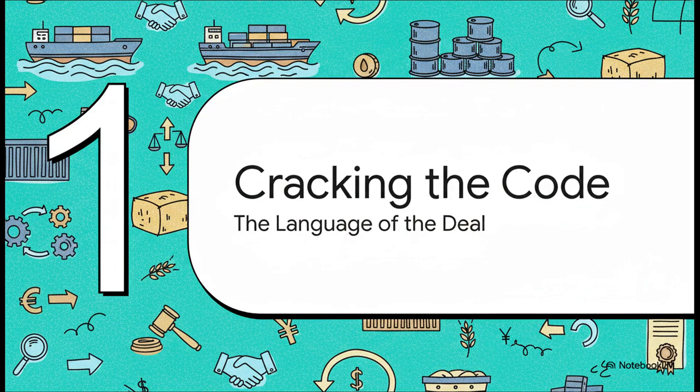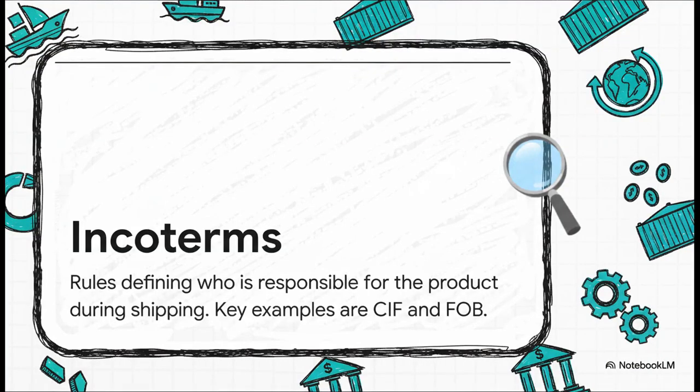All right, first things first, we've got to learn the lingo. There are 3 key terms you absolutely have to know before we can even get into how a deal works. Think of them as the basic building blocks for this whole process. First up, incoterms. Just think of these as the official rules of the game. They answer one really simple question: at what exact point does the responsibility for the cargo, the risk, the insurance, the cost, pass from the seller to the buyer? We're going to focus on the 2 big ones, CIF and FOB.